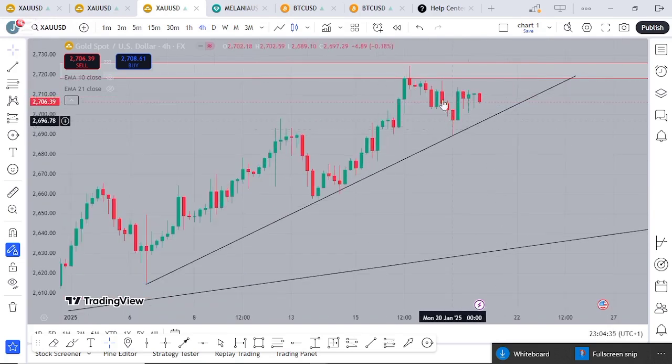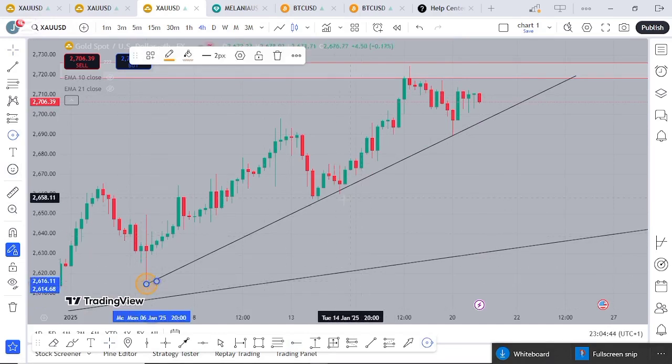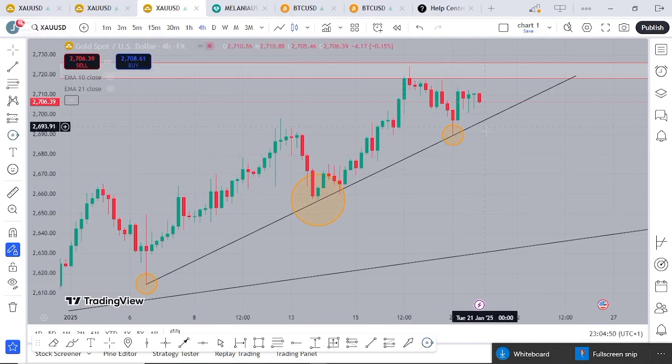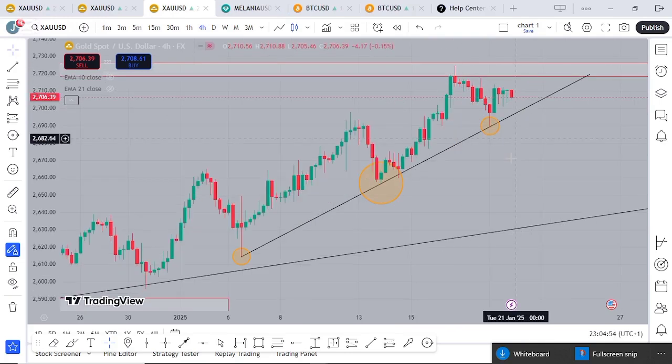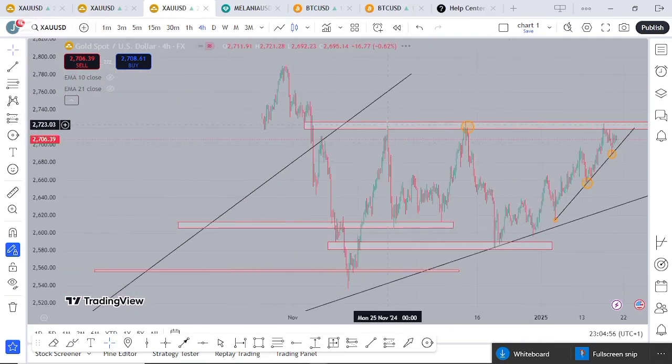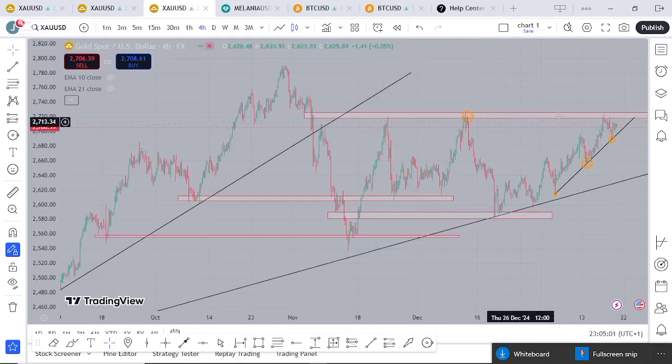Now you see the market came here and retested this zone. This is the first touch of this trend line. We have a second touch at this place, then the third touch here. So we are expecting what? We're expecting maybe a retest of this place, and the market should break, because since the triple bottom has been formed here, 1, 2, 3, a triple has been formed.